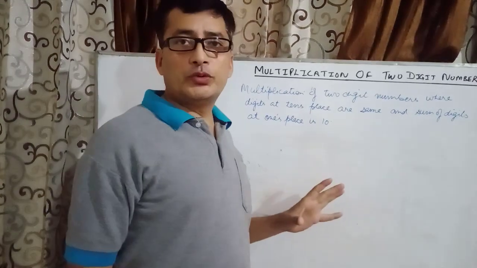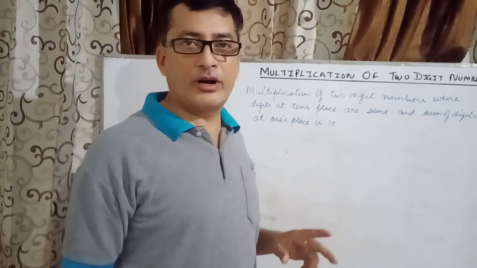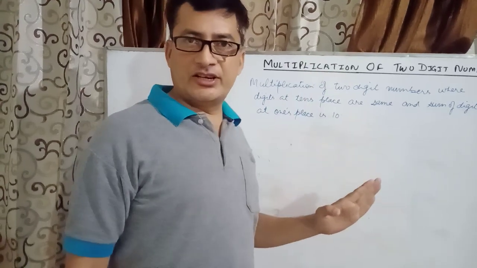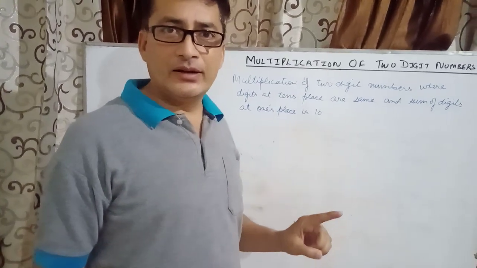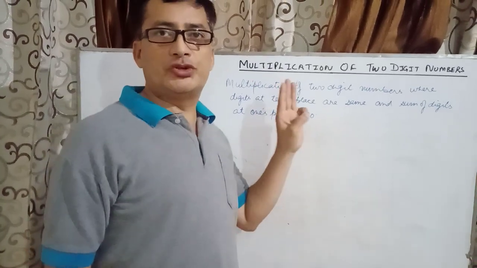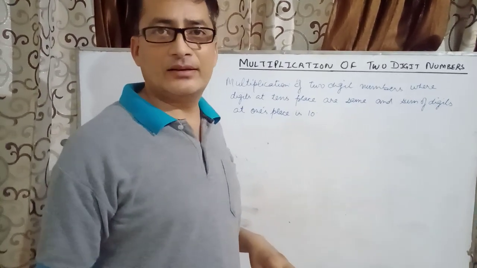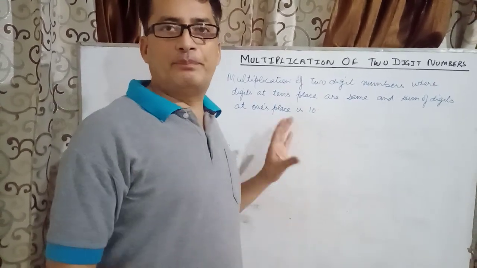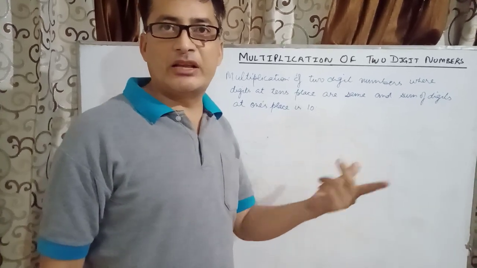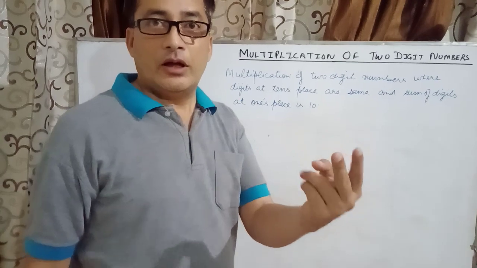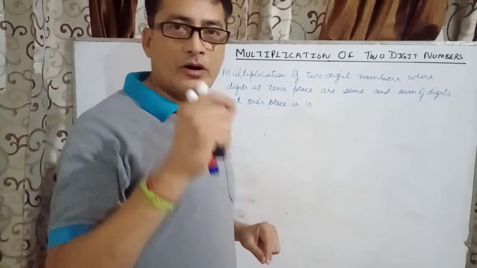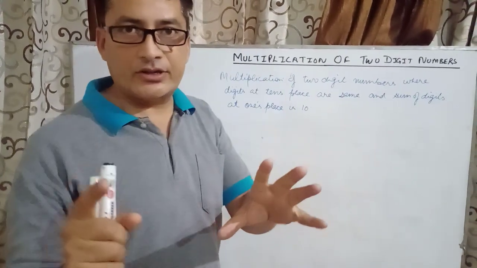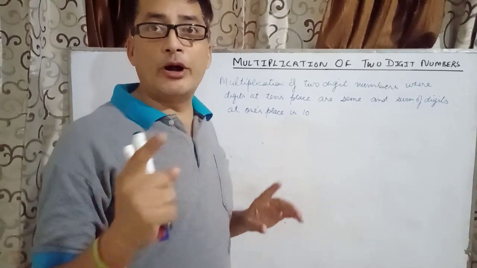Today, I will tell you some tricks to find the product of two-digit numbers where the first digits are the same and the digits at the units place sum to 10. Students, let me tell you one thing. If you understand the basics of it, you can do this multiplication within 2 seconds without any rough multiplication. So let's start, but concentrate on the basic method that I am going to tell you.